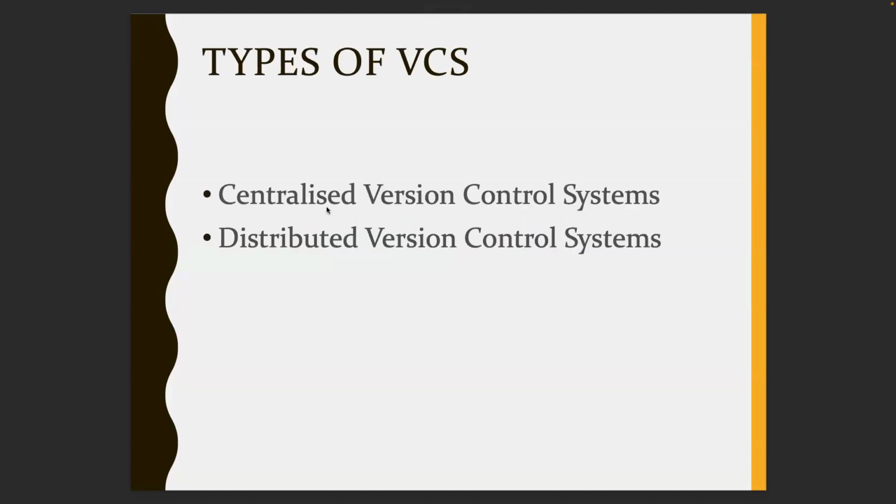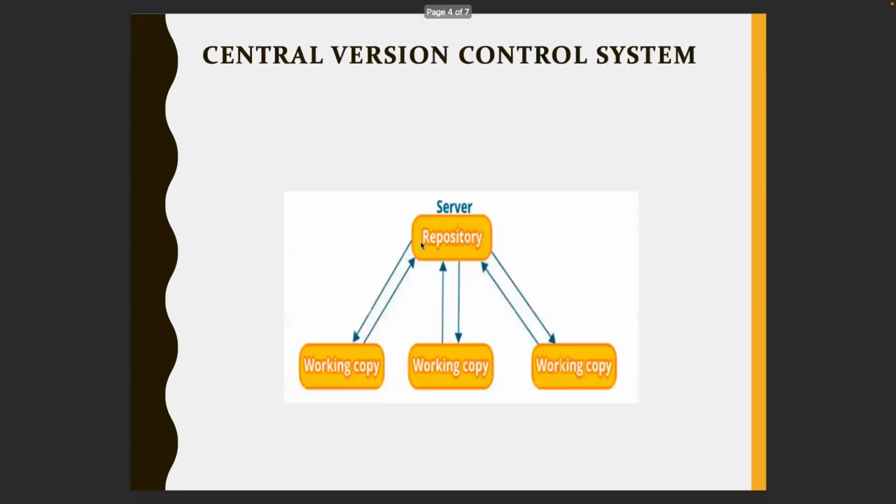There are two types of version control systems: centralized version control systems and distributed version control systems. This is how version control systems are categorized based on their architecture. If you see here, this is the central repository. First, let's talk about the centralized version control system architecture. Before going into these types,